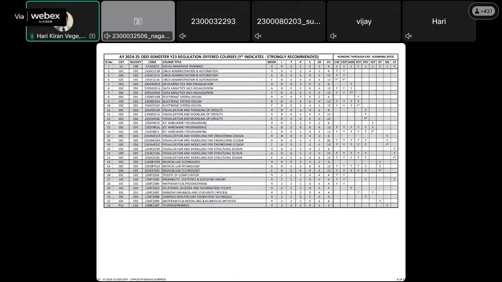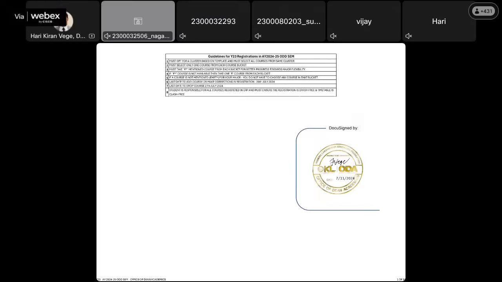Let us now quickly look at the guidelines for registration. So here are the guidelines for registration. Let me zoom in and show you. So what do these guidelines tell you? These guidelines tell you that you must opt for a cluster. This is a new word. What is this cluster? You must understand that in your second year, you have three clusters in total: cluster 1, cluster 2, cluster 3. You must choose any one cluster out of these three, and all courses must be chosen